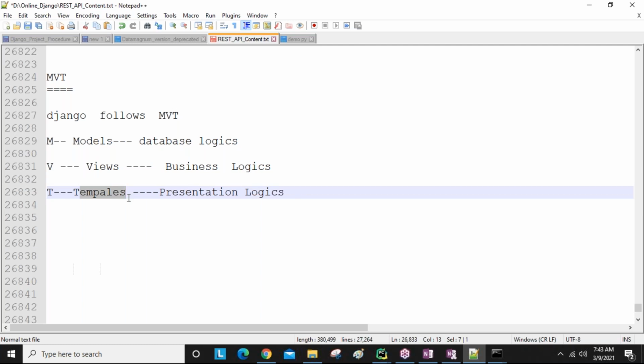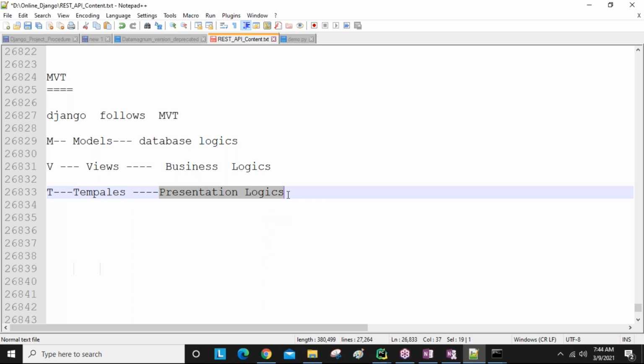In this templates folder, all HTMLs are there: login.html, register.html, home.html, contact.html, like that. All HTMLs of our application are maintained in this templates folder. So that's why this is maintaining simply presentation logics.